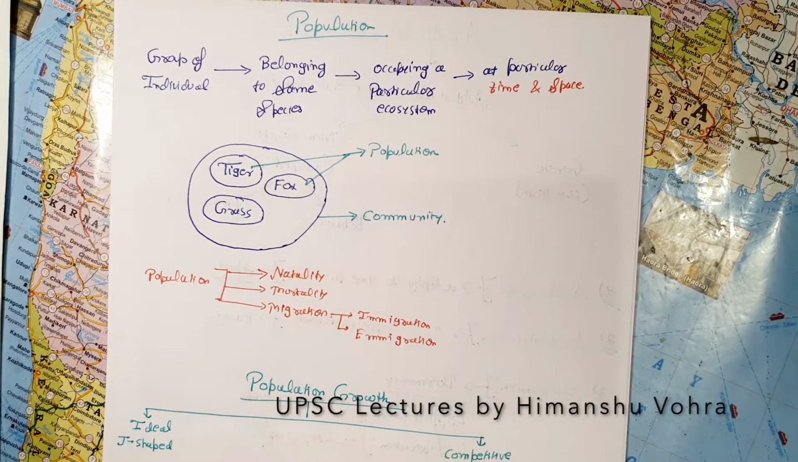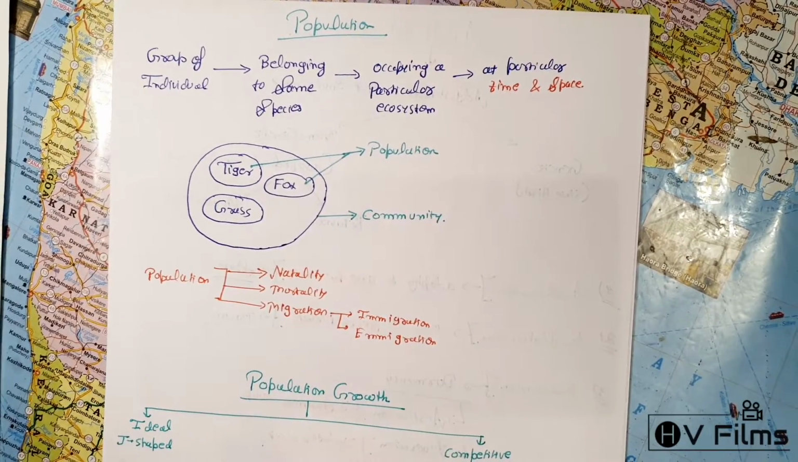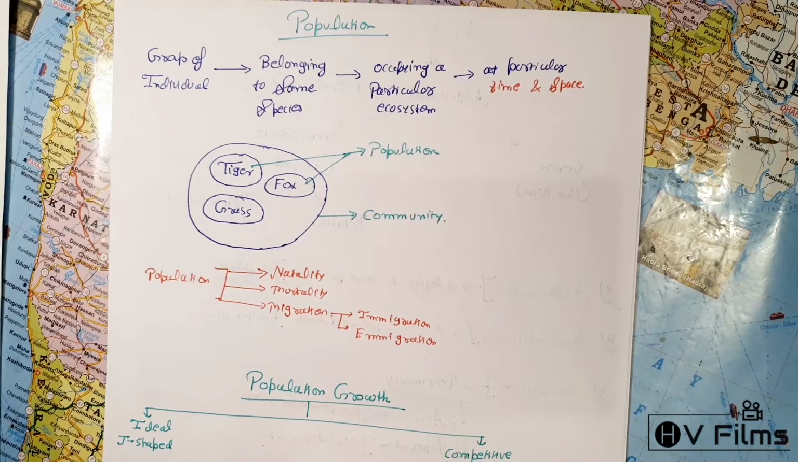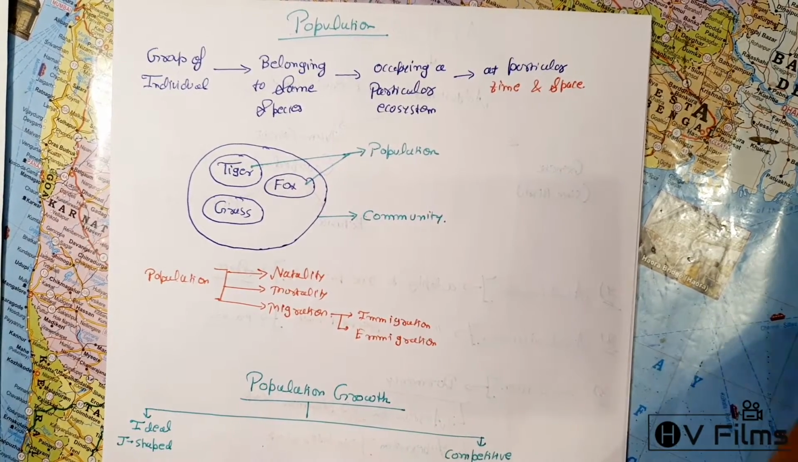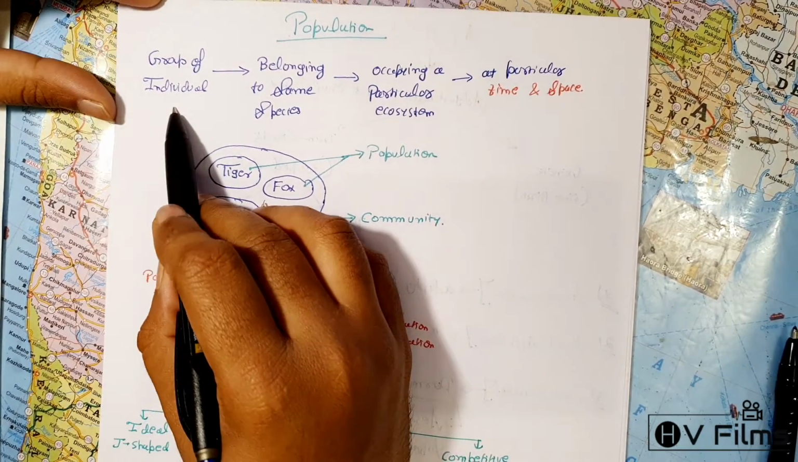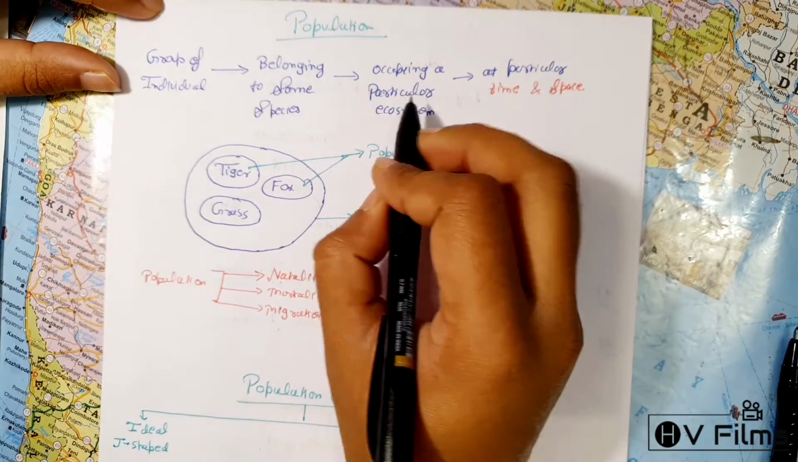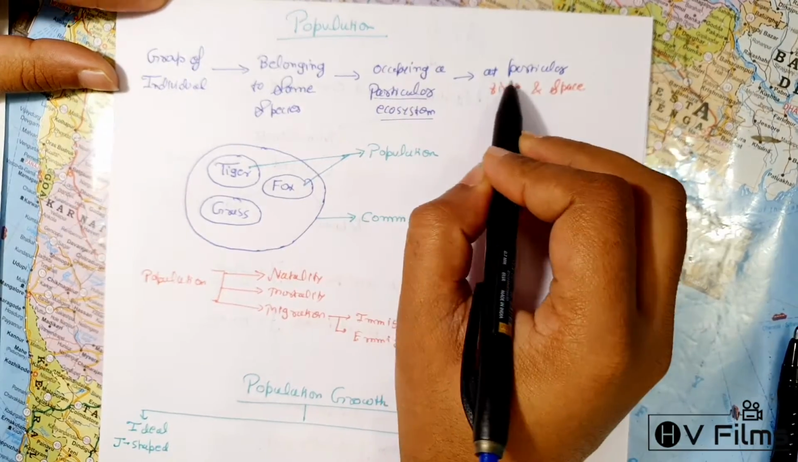Hi everyone. In this lecture, we will study the population and population growth. At the very first, we'll see what the population means. The population is basically the group of individuals belonging to the same species which occupy a particular ecosystem at a particular time